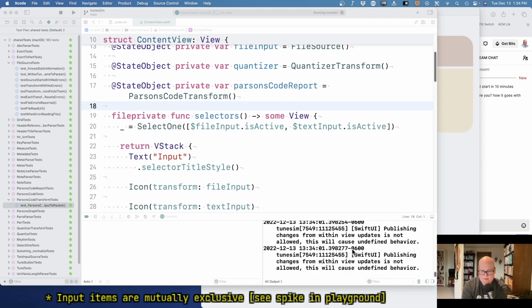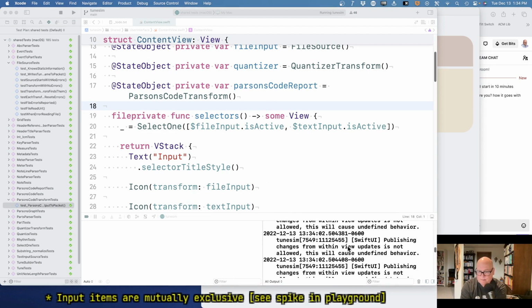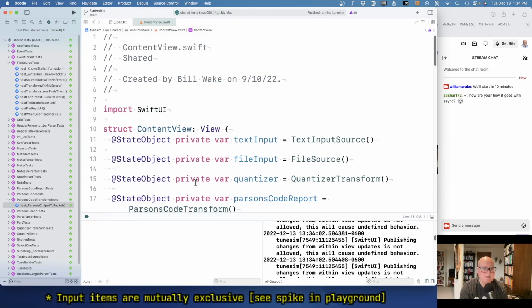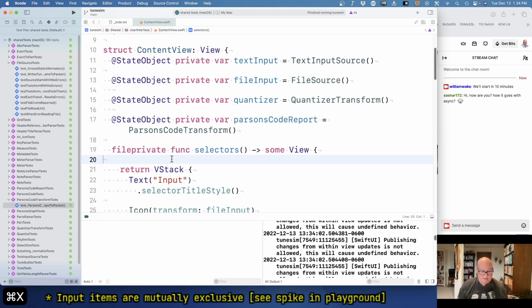But, okay, something's really off. Got a very large stack of, what's it saying? Publishing changes from within view updates is not allowed. Okay. Let's stop before it soaks up my whole computer. All right, so that